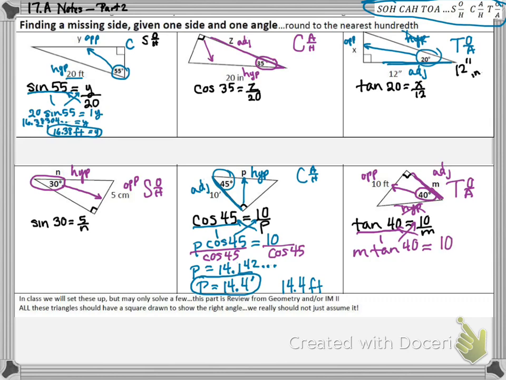Still need the m by itself, so I'm going to divide both sides by tangent 40. This makes my tangent 40 cancel out, and I get m equals, in my calculator, 10 divided by tangent 40. And again, depending on your calculator, it is possible that you might need to throw some parentheses around there. And I end up with